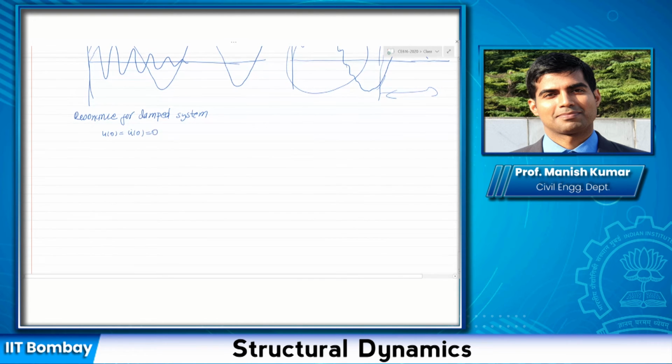Okay. And let me say I have this expression here. Okay. And because it is resonance, I'm assuming here just for the time being that omega is equal to omega n. Okay. Now in this case, my particular solution would still be valid. Okay. Because that is not the part of the overall solution. It is not the part of the solution that we get here. Okay. So I can write the total solution as A cos omega d t plus B sine omega d t. Okay.